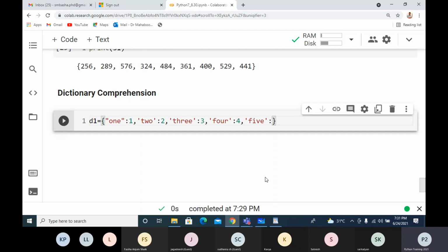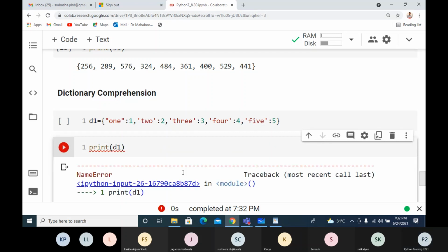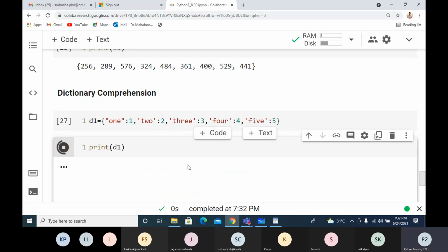So here what I want to do is create a dictionary where the key is the word and the corresponding value. So print D1. I'll execute this, so I'm getting this.